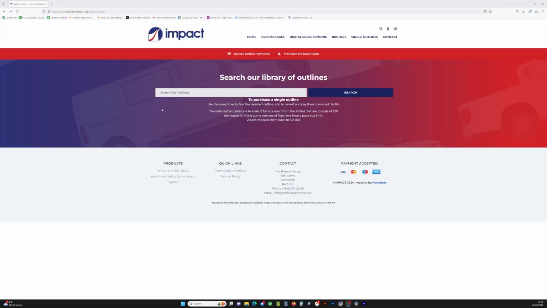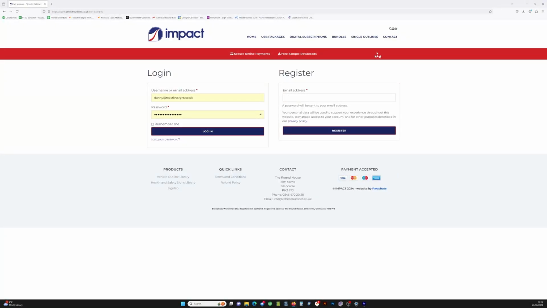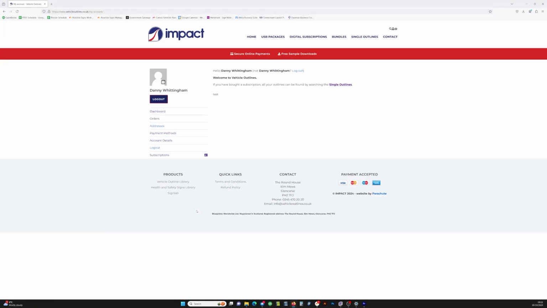Vehicleoutlines.co.uk is where we download all our files. You should have been provided with login details. If not, ask and we'll get them for you. So you simply click on the little account icon up there and log in with the details you've been given. We click login, and then we can go find the outline that we require. You click on the single outlines option there,